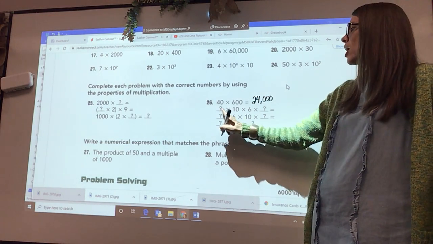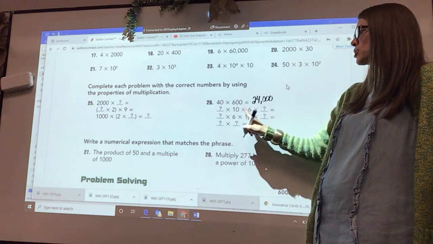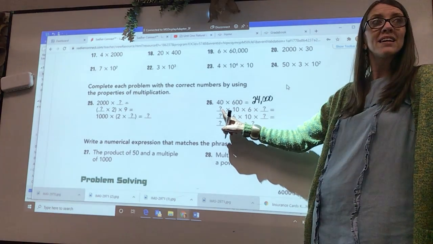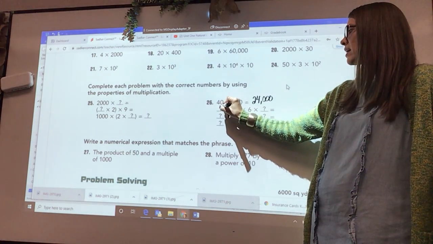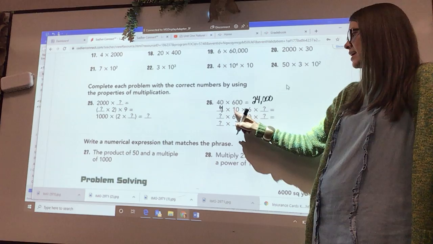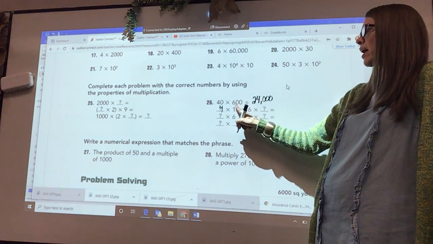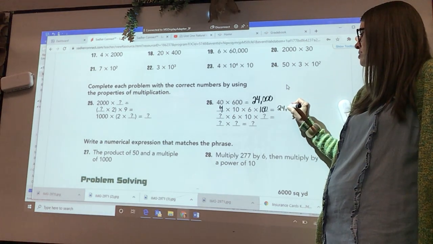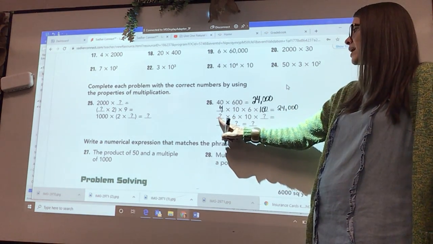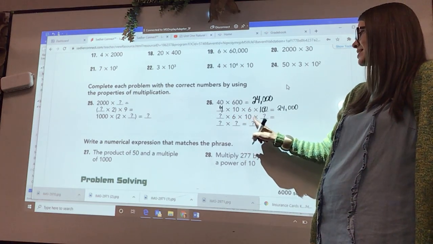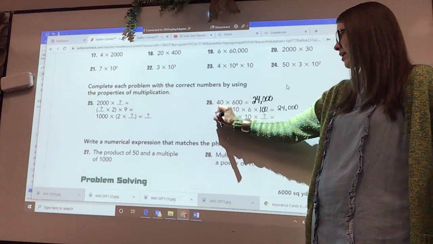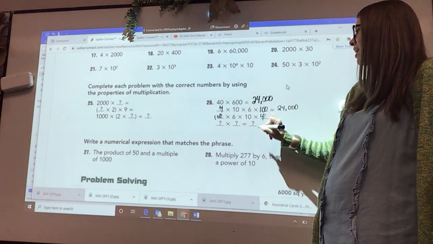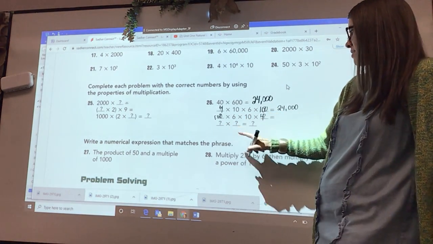Now look, it says this is the same as this expression. What times 10? What times 10? What goes in the blank here? 4, right? 40 is 4 times 10 times 6 times what? 100. 100, good job. And that equals the same thing, 24,000. Let's do it again. What times 6 times 10 times what? So 100 times 6, you could say, times 10 times 4. All right? Or you could say,